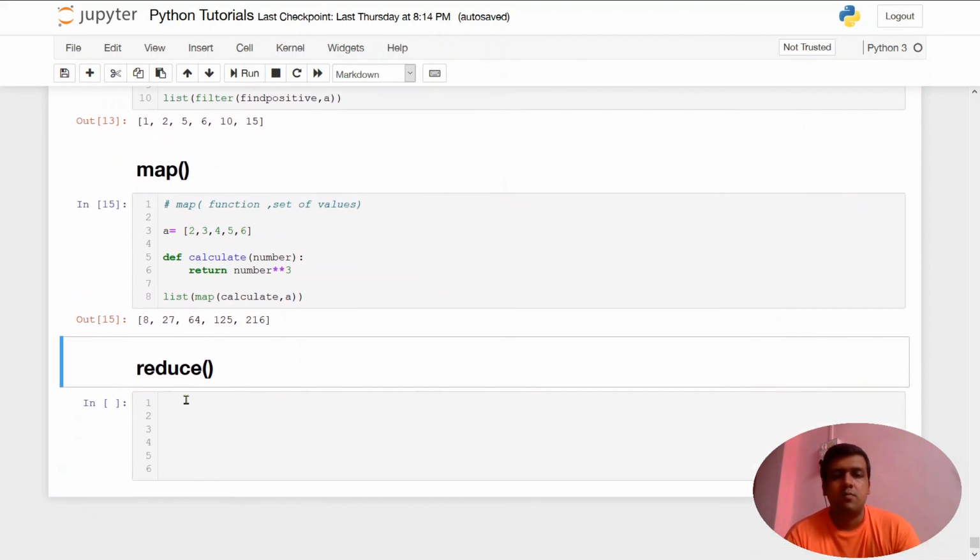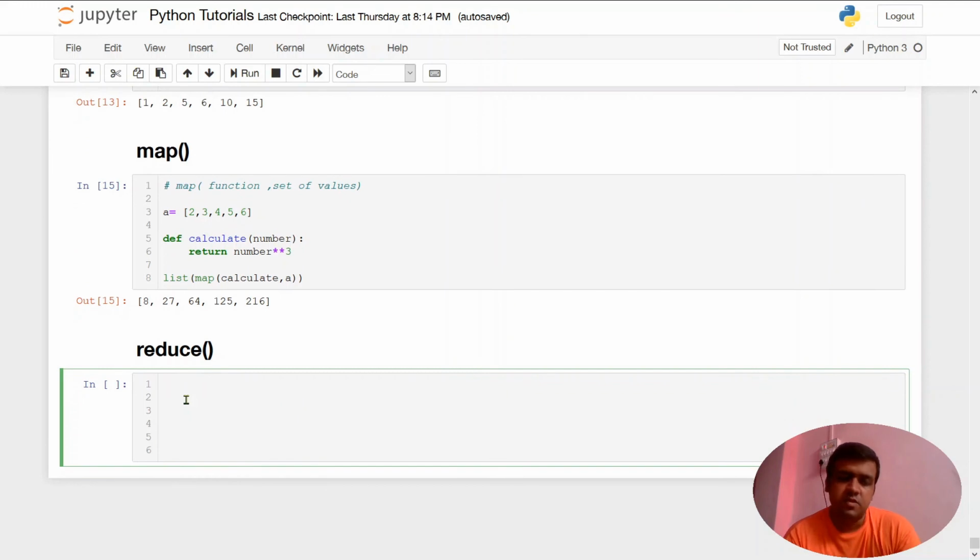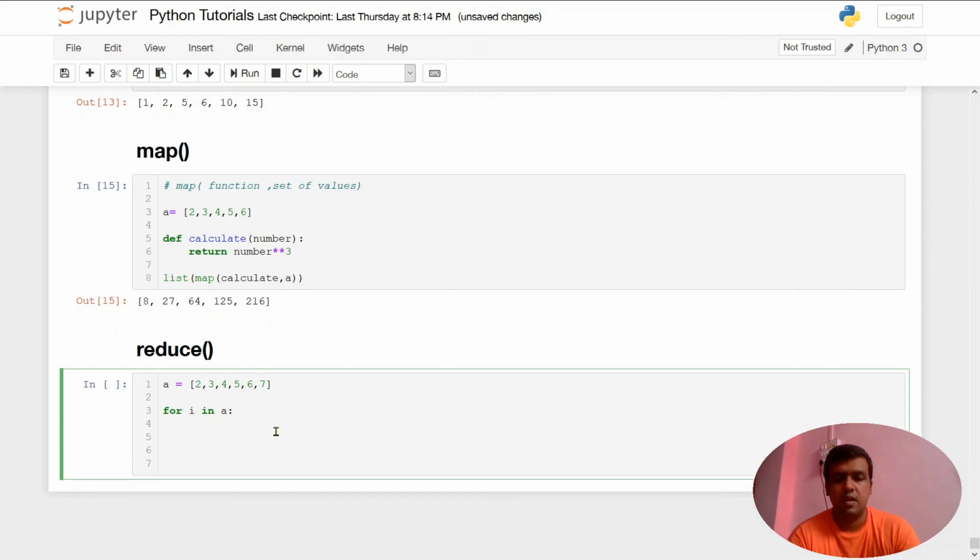So now moving on to the last function of this video, which is reduce. Let's say we want to perform a rolling operation on a set of values. Let's say I have a list of values, 2, 3, 4, 5, 6, 7, and I want to perform a product of all these values. So essentially, if I write the basic code using a for loop, I will write for i in a, let's say,